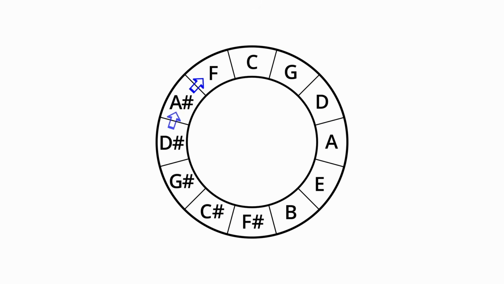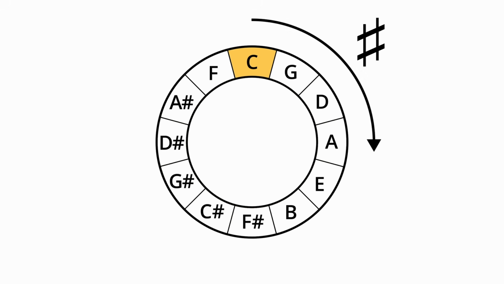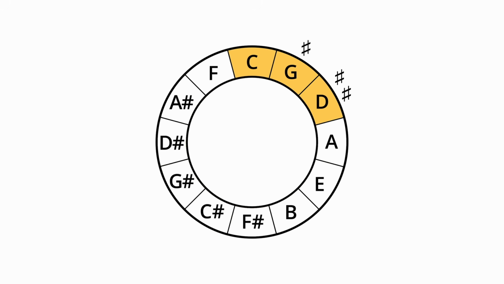Now, this circle is one of the greatest tools in all of music theory because it's a complete guide through all major and minor keys and the sharps and flats we need for each scale. It works like this. At the top, we have the key of C major, which only uses the white keys. If we move clockwise, we enter the world of sharps, and with each step, we add one sharp to our scales. So the G major scale has one sharp, the D major scale has two sharps, the A major scale has three, and so on.